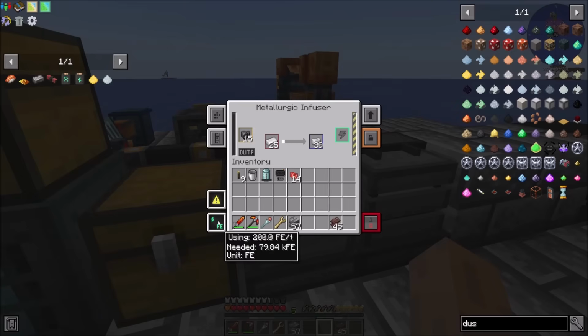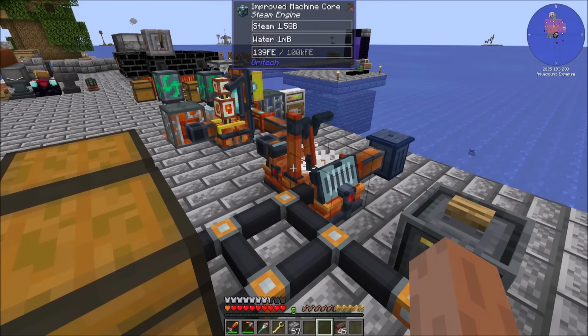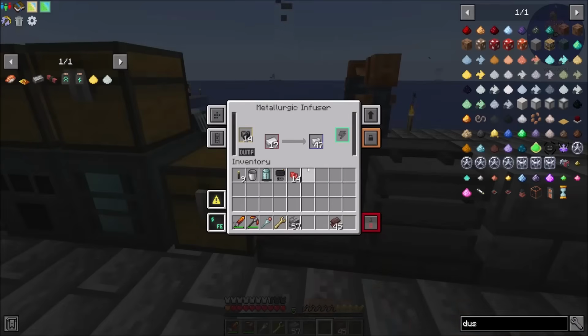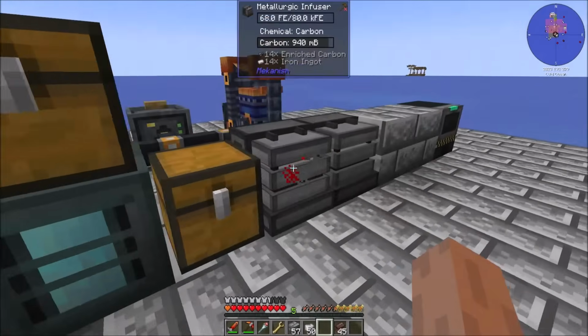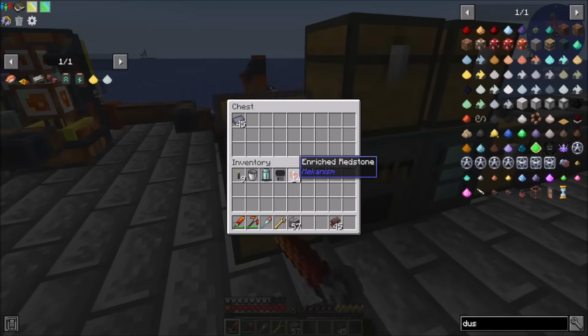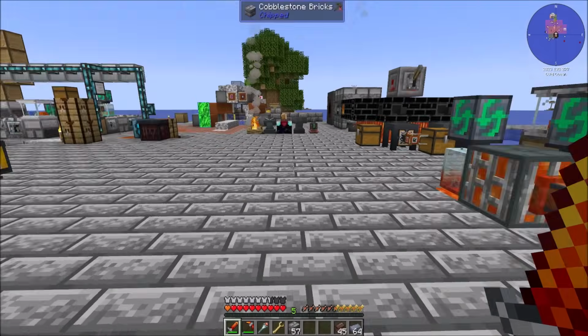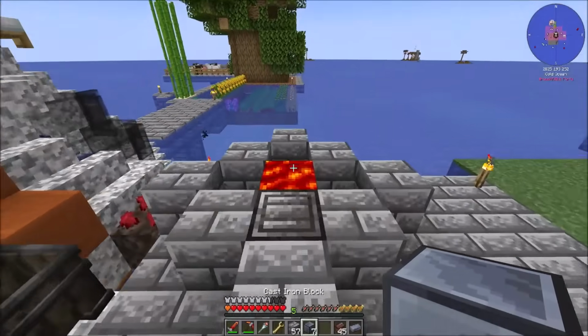It's like, you know, not great. So it uses 200 FE per tick. We should be producing, this thing says we're making what, 139. So yeah, we're not quite doing enough power production for that, but it's still faster than it was. What I really need to do is build a battery of some kind, but we'll get there when we get there, kind of deal. And then luckily I have a super fast smelter, which leads to super fast cast iron ingots, which leads to lots of these, which leads to